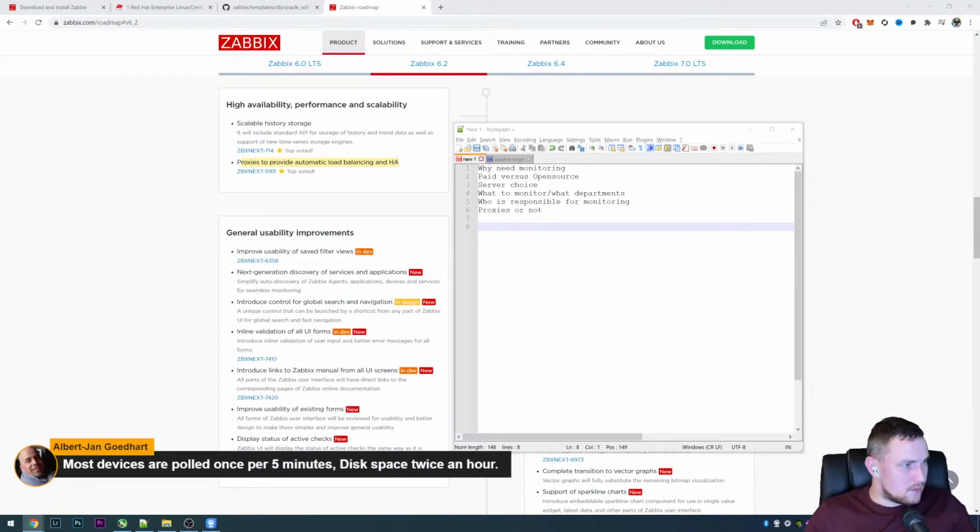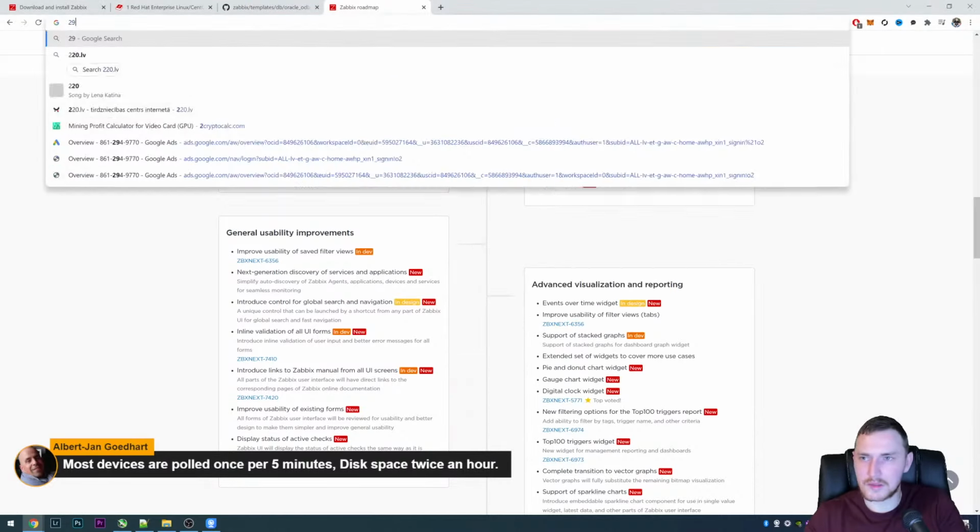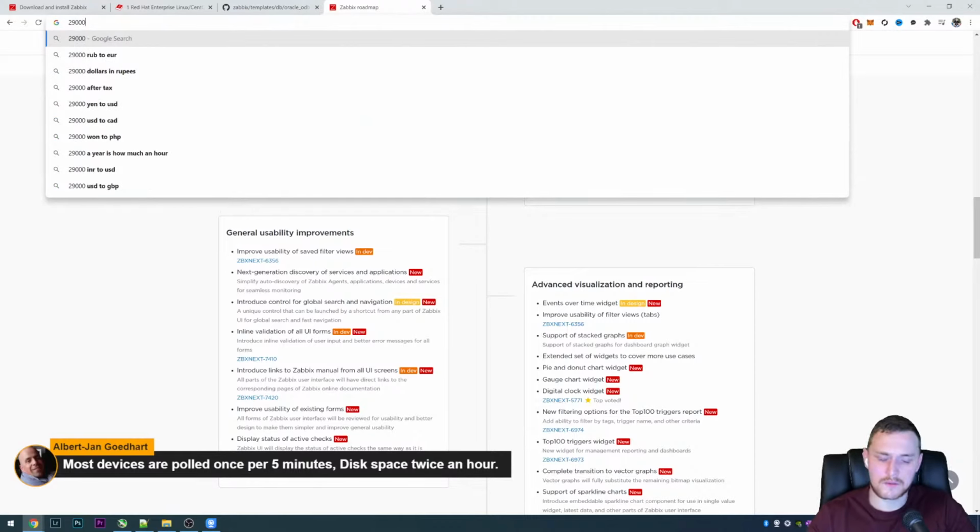Most devices are polled once per 5 minutes. Disk space twice an hour. Once per 5 minutes, 29,000 items would still create more new values per second, I'm sure. I don't want to be wrong, but let's say 29,000 items, right?